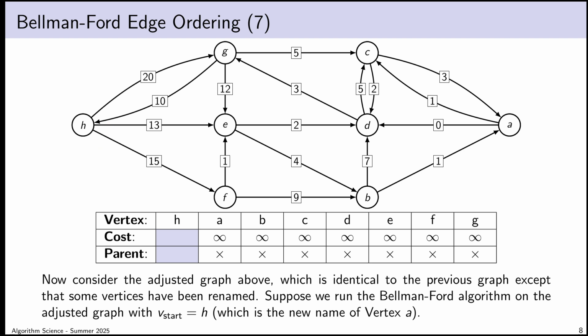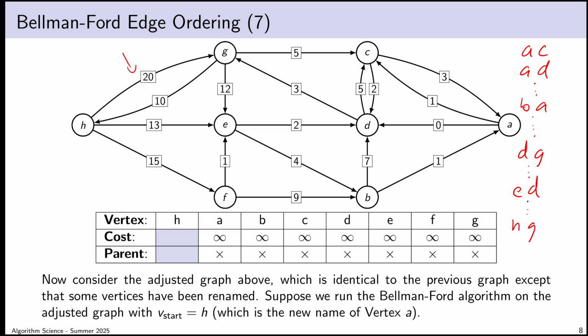Okay, so in this case, what that means is that because I'm going through edges still in alphabetical order on my relabeled graph, the first edge I would consider would actually be edge AC, which is this edge. And the second edge would be edge AD. And then the next one I consider would be BA. And then if I keep going, after a while, I'll eventually consider edge DG, and then edge ED sometime after that, and way down near the end of my inner loop, I finally consider, for example, edge HG.